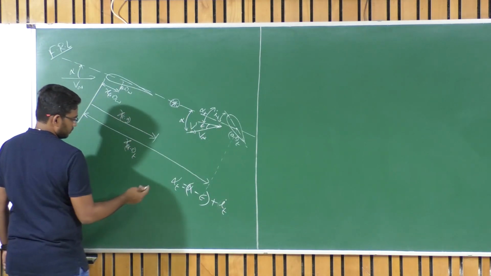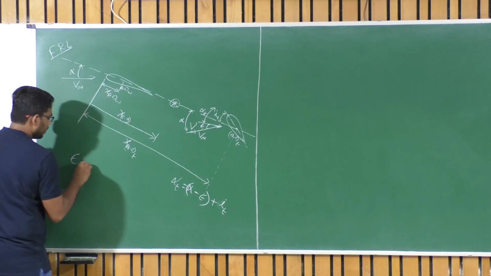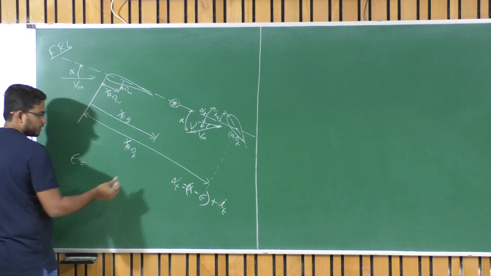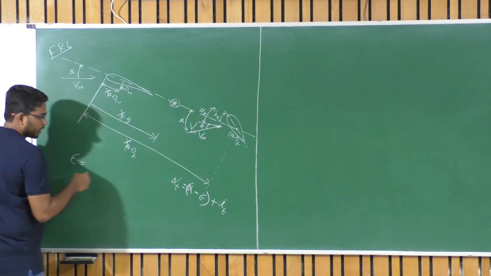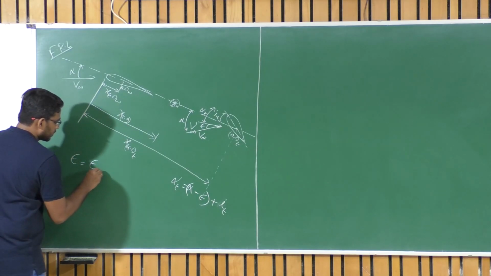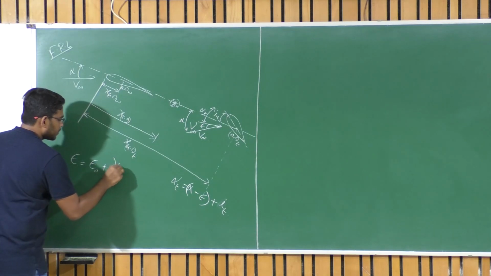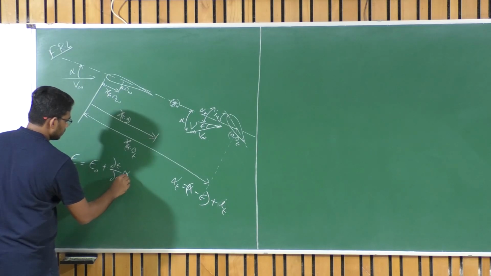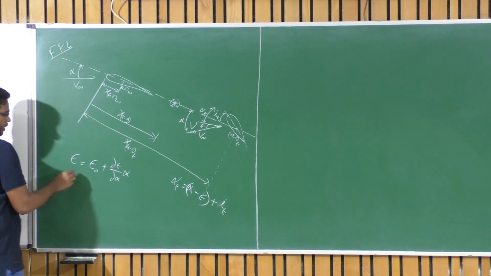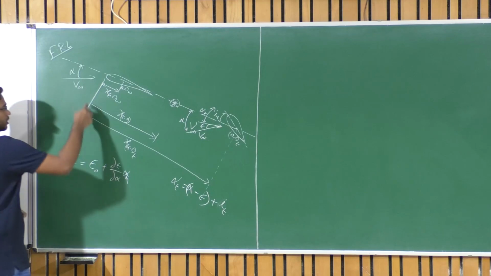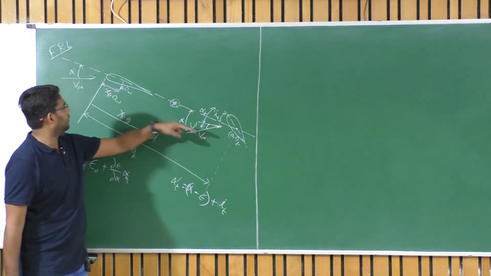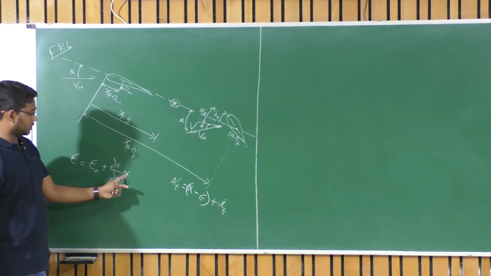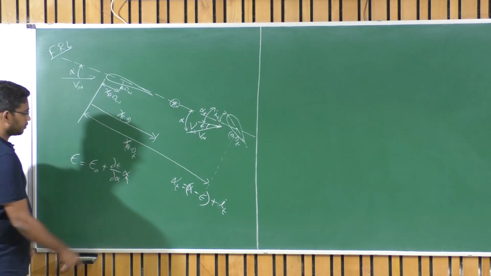And we also witnessed that epsilon can be modeled as a function of CL naught and CL alpha, isn't it, right? So this is like 2 times CL over pi AR, and this can be expressed as epsilon naught plus dou epsilon upon dou alpha times alpha, isn't it? So this epsilon is a function of the angle of attack at the wing, right? Downwash at the tail varies due to the variation in the angle of attack at the wing. So this is not alpha t, this is alpha, so you need to remember that.